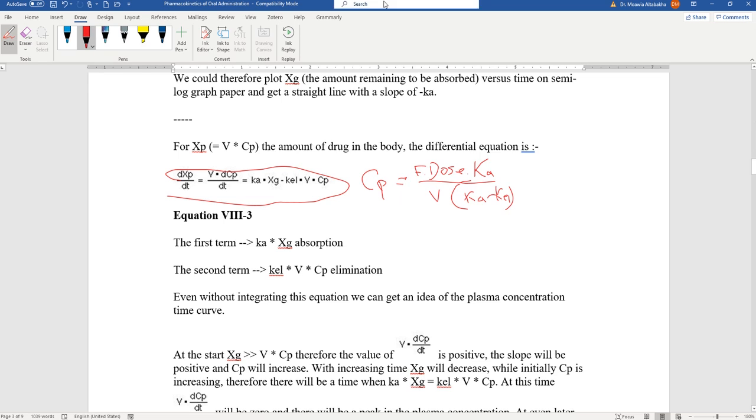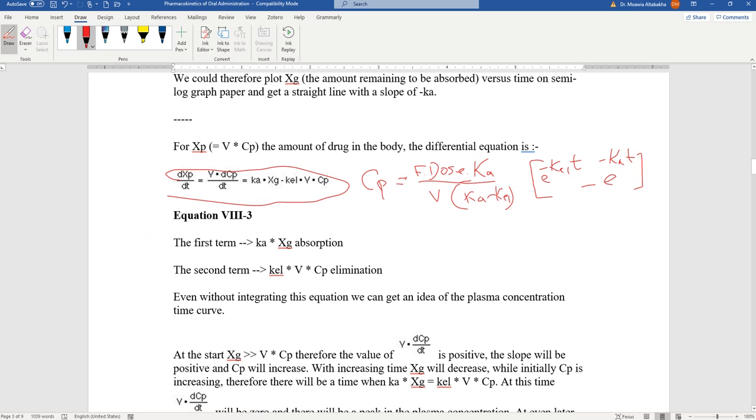Okay, now this part we consider as constant, because the F in the dose is constant, and the rate of absorption constant is constant, and the V is constant, and the KL is constant. This is multiplied by e to the power of minus KEL times T minus e to the power of minus KA times T. Okay,